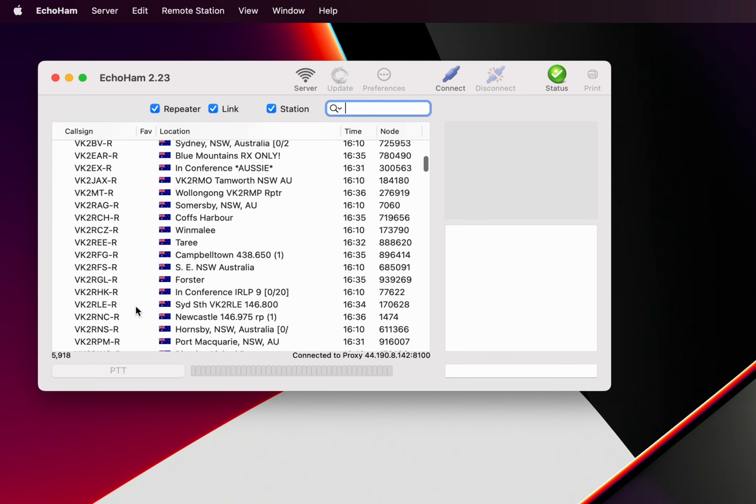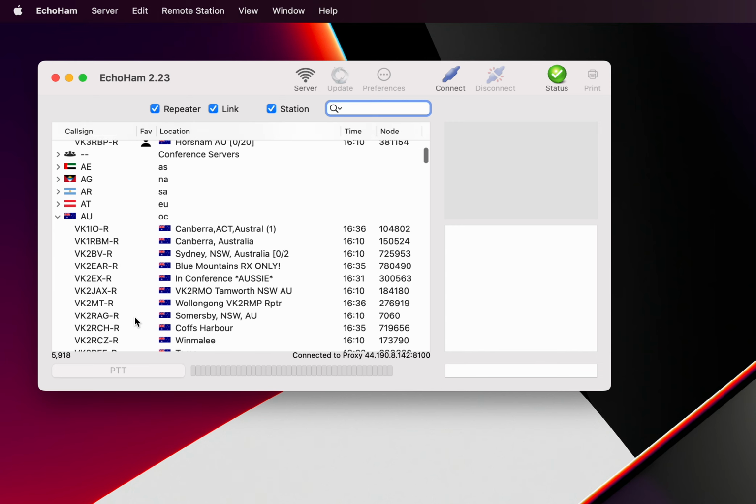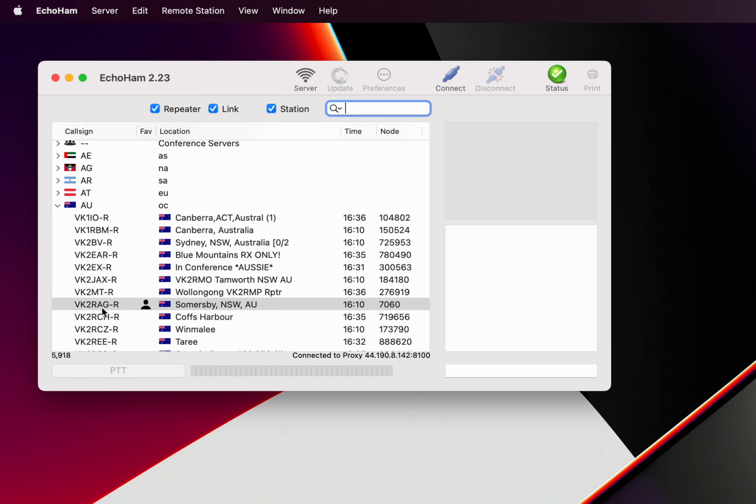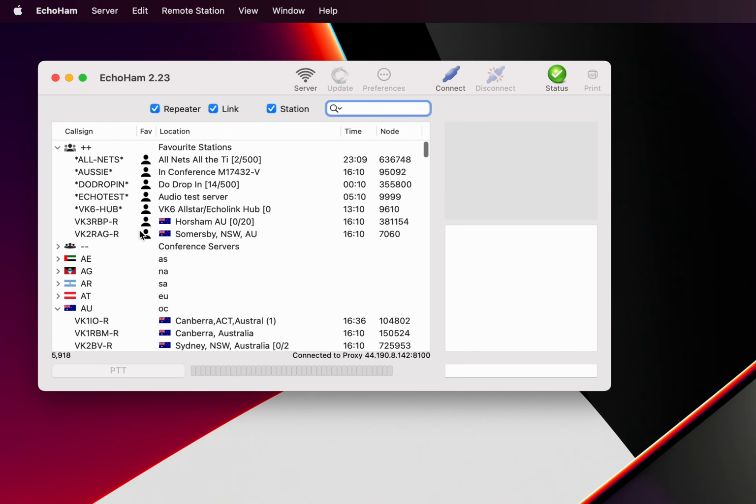It's very simple. When you scroll through your list of stations as you normally do, and let's say you want to mark this station here as a favourite station, you do an option click or a right click, whatever you want to call it, and a little menu comes up and it's got the favourite option there. Now if you just click on favourite, then that station is turned into a favourite. You can see that by the little favourite symbol here. The favourite symbol is on, and if you do the right click again, you can see there's a tick on the favourite now, and of course that station is now added in at the top here